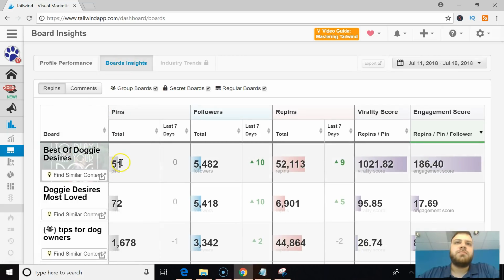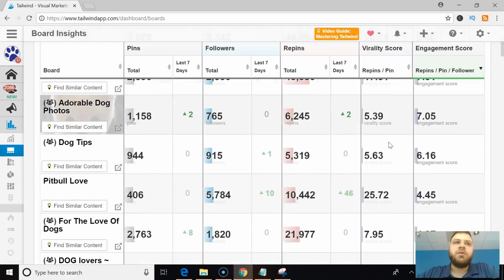So this one has 51 pins, how many followers follow the board, how many repins you've gotten from there, and then what the virality is. So this one actually has huge virality. Now the reason for this is actually because I do a lot of repinning from this actual board myself, so that stat might be a little skewed. So you might want to look at other